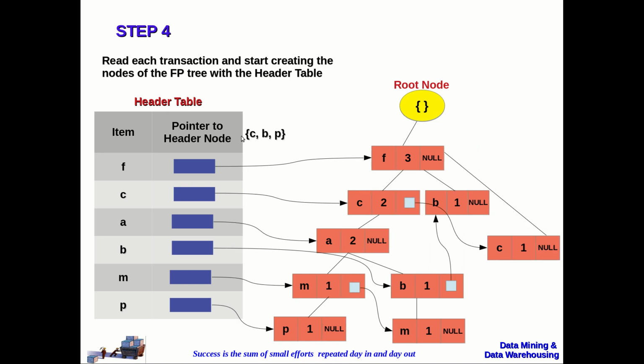Then we enter into the fourth transaction, CBP. So right from the root node, we don't have any node pointing to C. So actually this comes from the root node. Okay, so please make a note of it. This comes from the root node, not from F. This is actually coming from here, from the root node. Please make this correction. It is not coming from F.